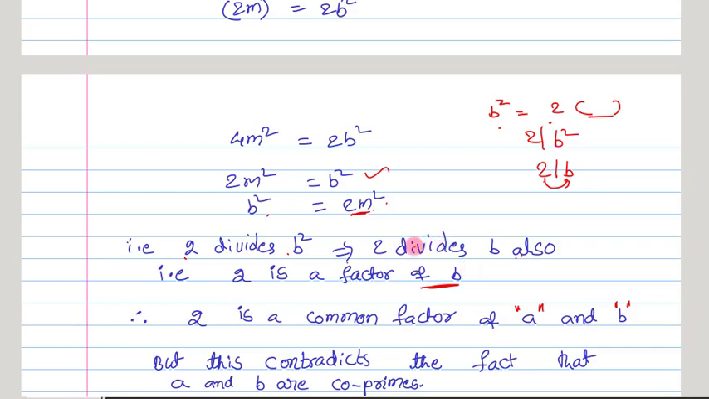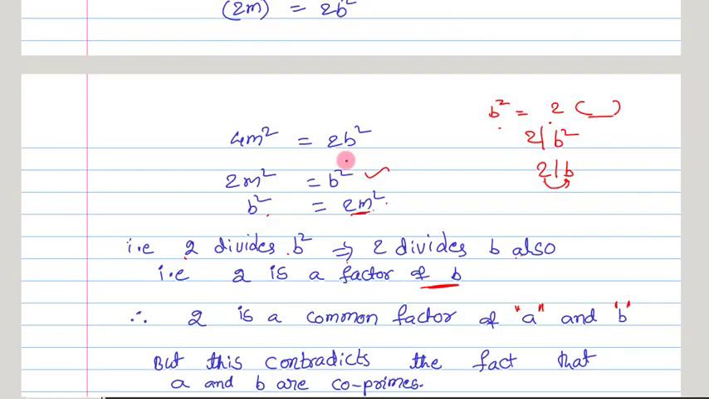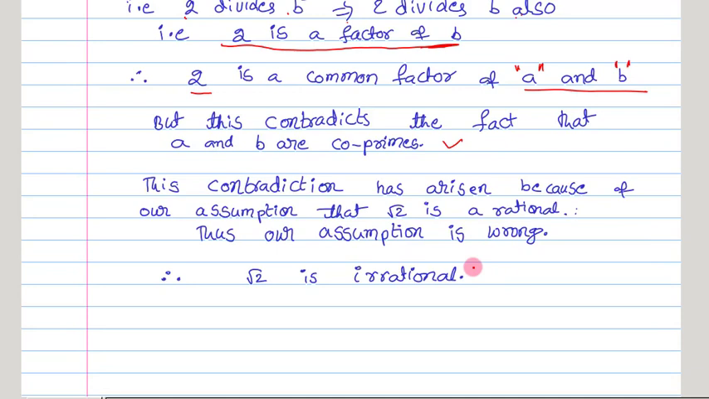But what we got previously is that 2 is a factor of a. In this statement we got 2 is a factor of a, and in this statement also we got 2 is a factor of b. That means we can say that 2 is a common factor of a and b. But we supposed in the beginning that a and b are co-primes. That means this contradicts the fact that a and b are co-primes. Why did we get this contradiction? This contradiction has arisen because of our assumption